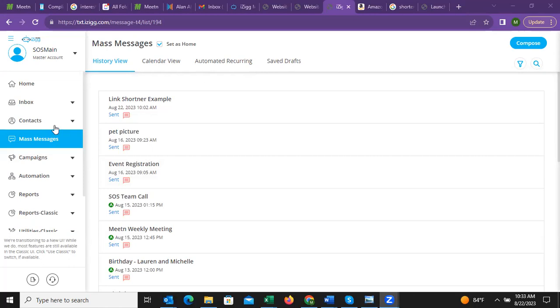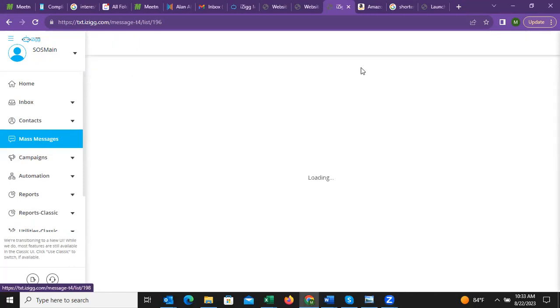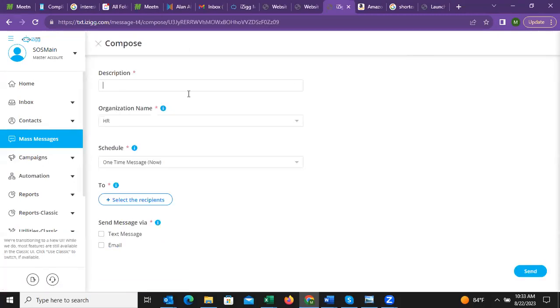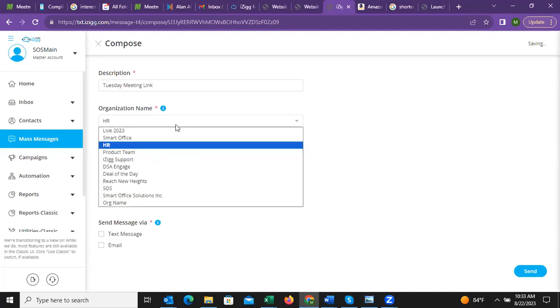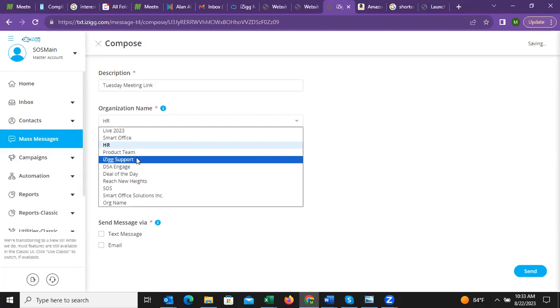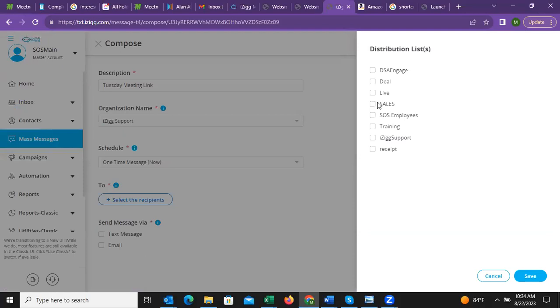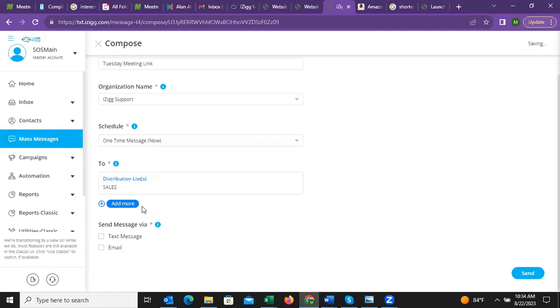So from your platform, go ahead into your mass messages and let's compose, in the upper right-hand corner, the blue compose button. Obviously, we're going to put our description. Let's say that we're going to send a link out to a meeting that we are having. So this could be meeting link, choose the organization name, who we want to send that to. All right, so let's go ahead and